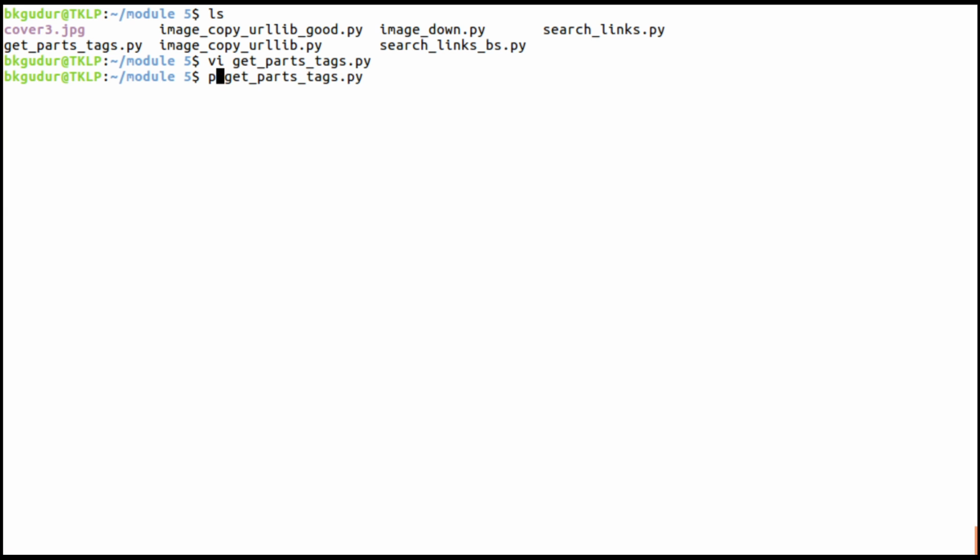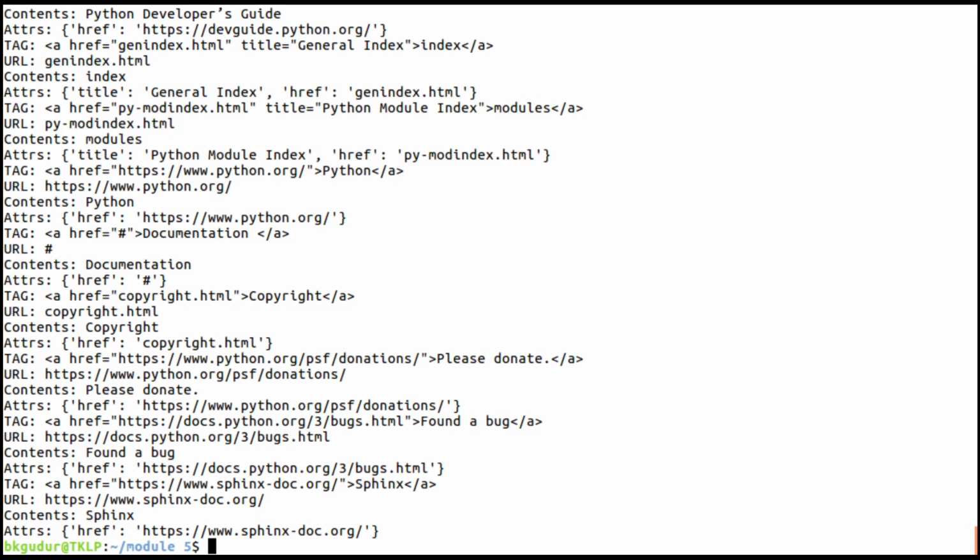using the Python 3 interpreter. If I execute this, you can see it not only extracts the content and links, apart from that it has extracted, for example, contents, what type of content it is, it's documentation. Here the content is copyright.